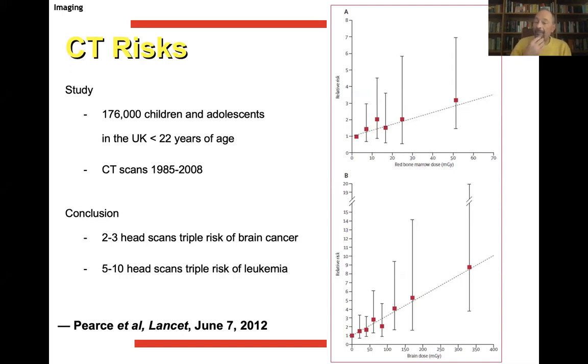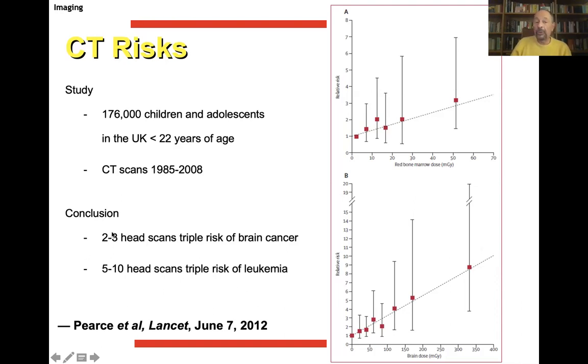And you see a very nice dose response curve here for leukemia, the bone marrow dose, and this is the brain dose, and you have a very nice relationship of leukemia and brain cancer for these people,